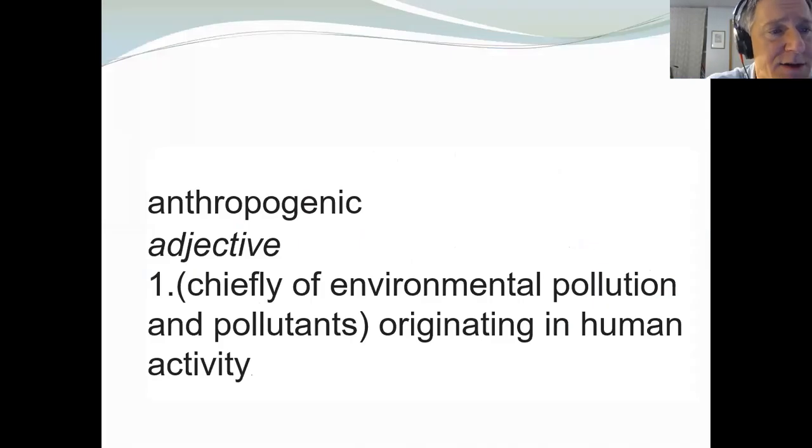And I want to start with this term anthropogenic, which you've probably heard before. This is pollution created by humans as opposed to volcanoes and rainforests and that sort of thing. So you have to be careful with this when you're talking. If you say chemical X is bad for the environment, well, where does chemical X come from? You can control the anthropogenic sources. In fact, there are point sources, which is another case of how this gets complicated. In other words, I can control a power plant's pollution. I can't control the pollution very well from your lawnmower that's 20 years old. And it's the same with natural sources versus anthropogenic sources too.